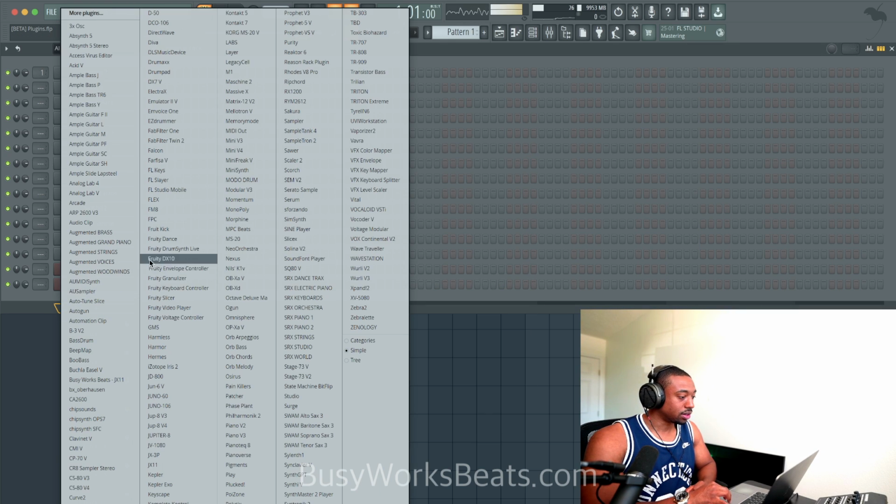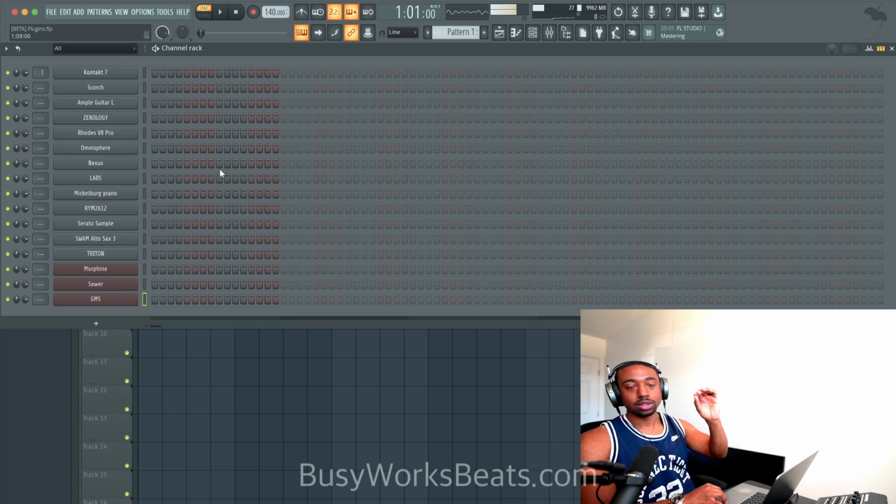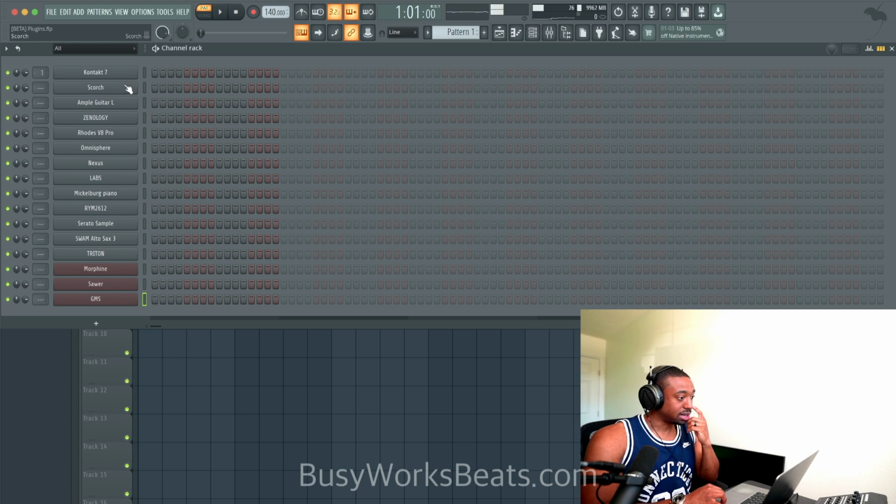Also, if you didn't know, this is like a bonus right in the front of the video. GMS can actually load up waveforms. So if you go to the synth side, my screen is blocked out for some reason. I'm on Mac. But if you go to the synth side, go to the wavetable, click the drop down, go to import wavetable or add wavetable, and you could actually import your own wavetables inside of GMS. A lot of people don't know that.